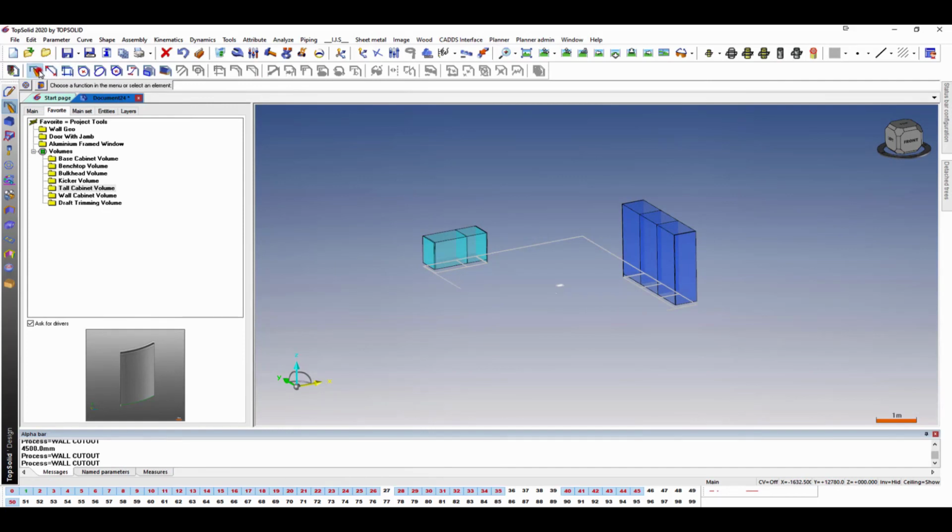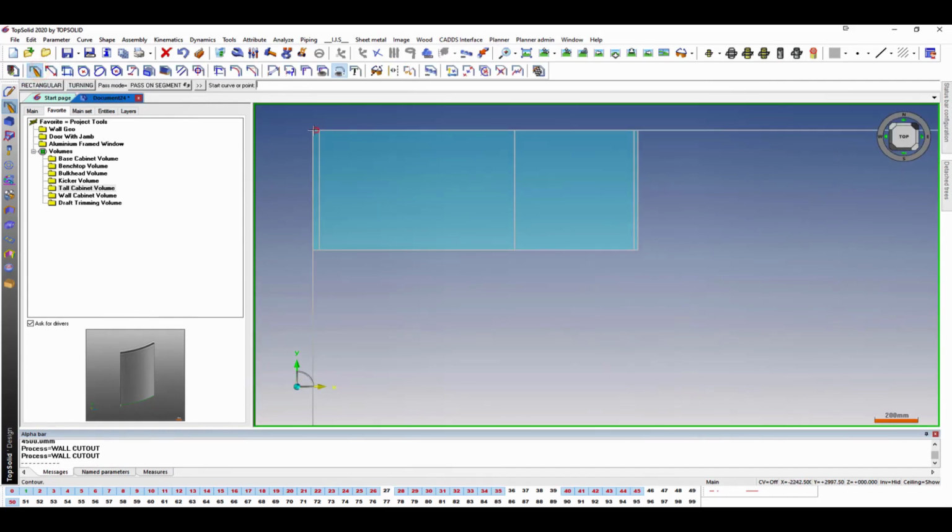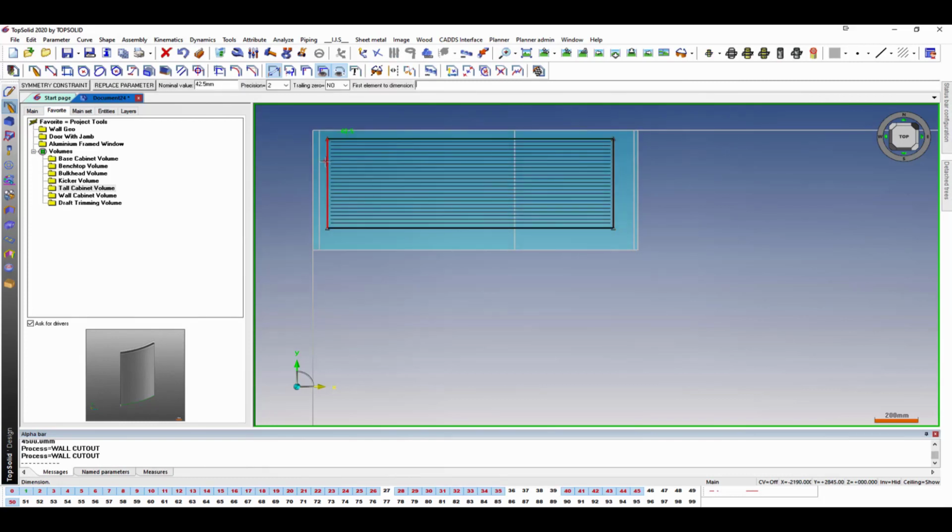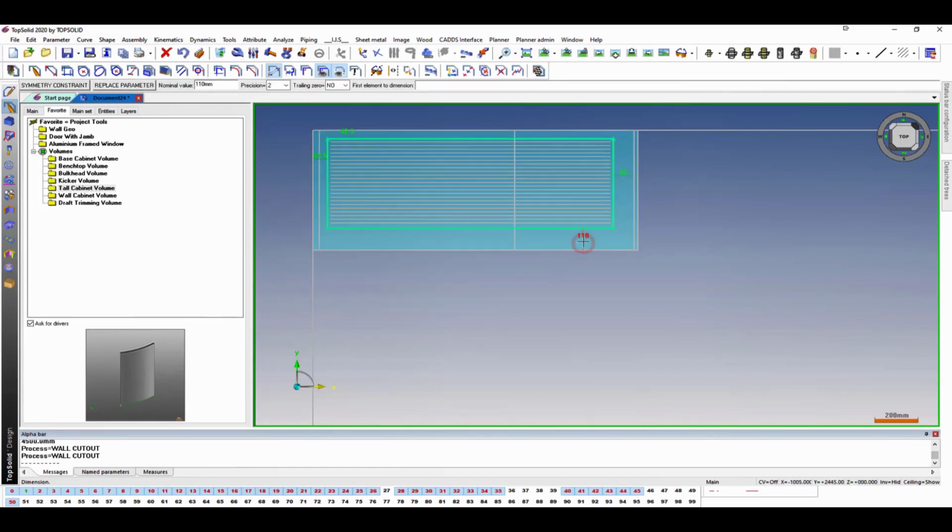Okay, now our volumes are done. We're going to be drawing volumes or sketches for our kickers. So just drawing one rectangle and dimensioning around. So the sides and the back will equal 0, but the front is going to equal a parameter for the kick setting. So using the merge function,